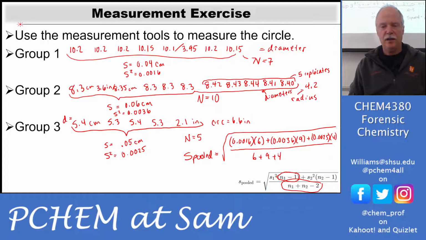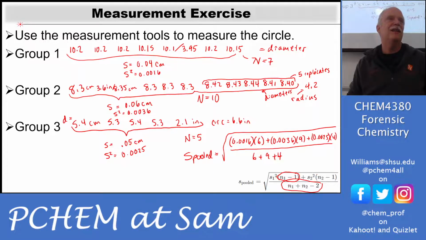Yes? Sorry, would it not be n1 plus n2? And why is this minus 2? It's the n1 minus 1 and n2 minus 1. And so we have the degrees of freedom in all of those. So what are you asking? Would it not be 7 plus 10 plus 5 minus 2? Well, this minus 2 is only there because there's 2 groups. It'd be minus 3 if there were 3 groups. And since there's 3 groups, it'll be minus 3 where you take 1 from each. So it's just the sum of the degrees of freedom.